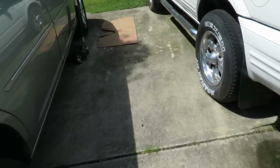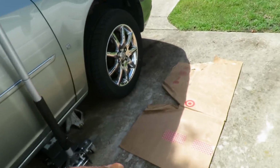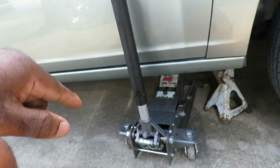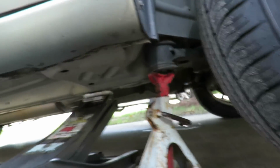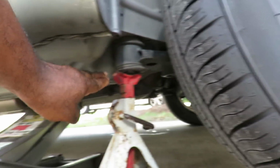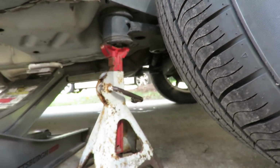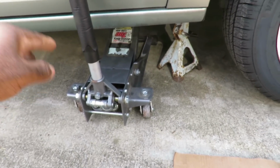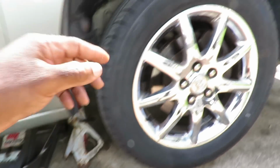Next, go around to this side. Jack up the right side, get you the poor man's creeper. Jack the vehicle up. Set your jack stand up under there. Make sure it's nice and secure. Then you lower your hydraulic jack onto the jack stand. And we're gonna leave our jack there as added security. Now, if we go over here,